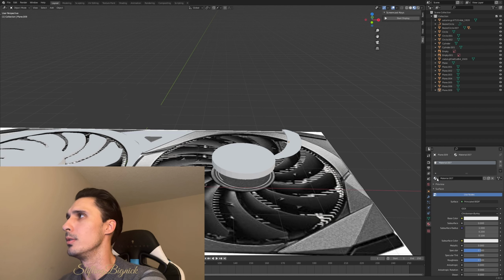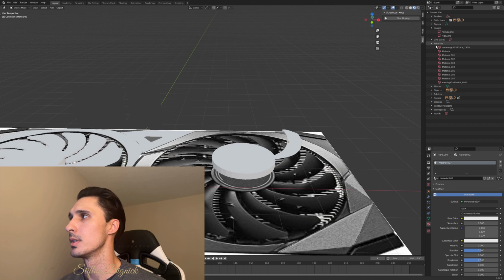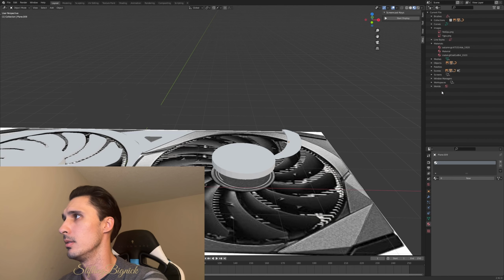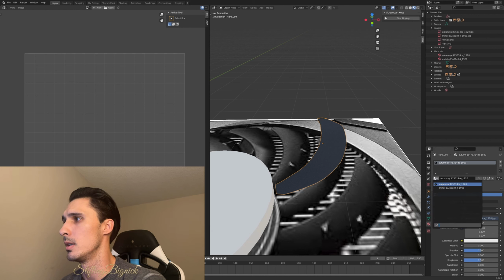Well, what you can do is you can actually come up here and you can go to Blender File, and then you go down to Materials, and you open the materials, and then you select whichever ones you want gone, and then you right click and hit delete, and it'll get rid of them. So quick tip, also if you're using images as material, like for textures, like in this way or